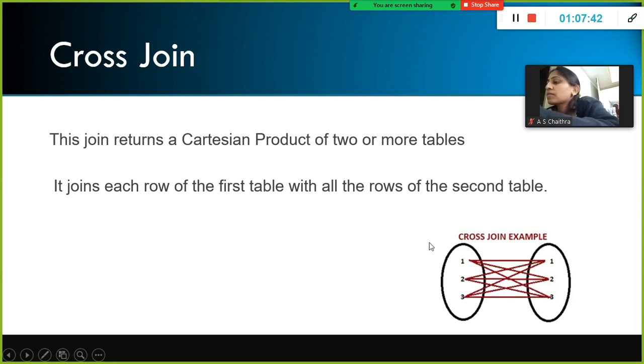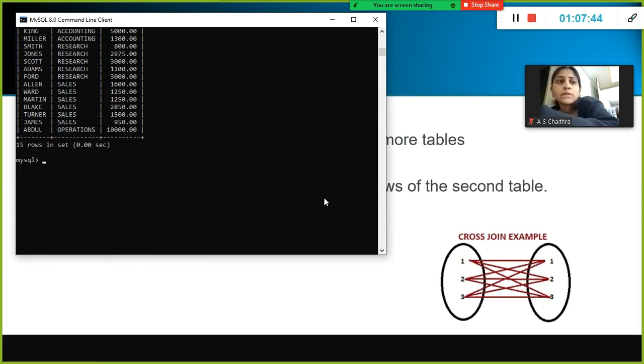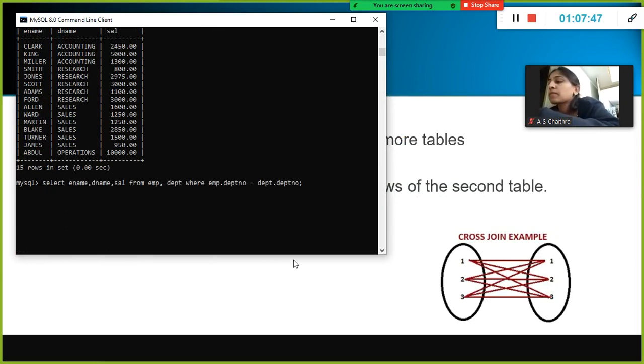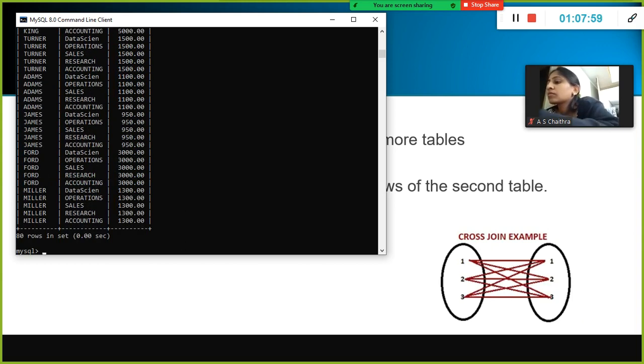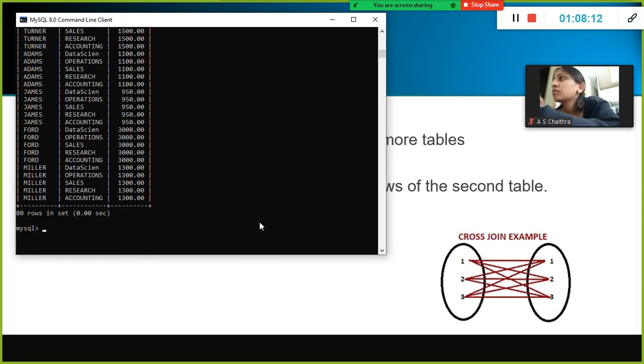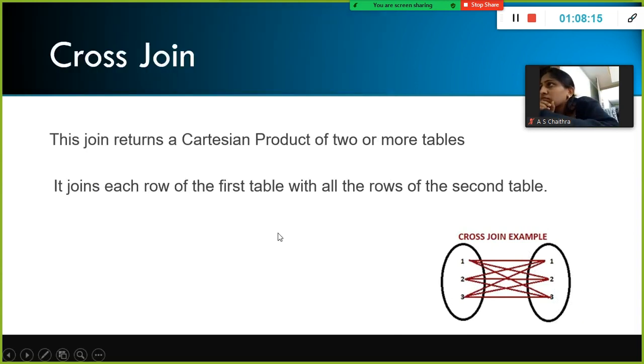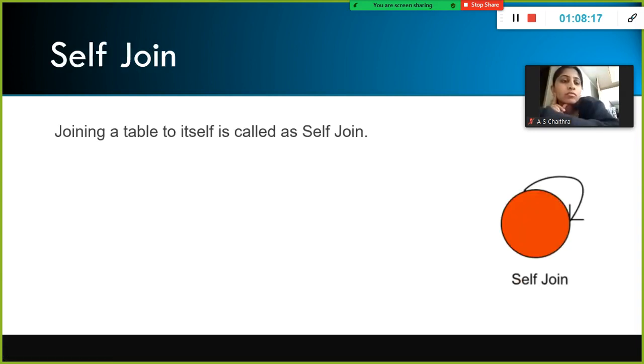If you don't specify a join condition, what will happen? Cartesian product join will happen. For example, here I am going to say employee, department. I am not going to use the where clause to join the common column between these two tables. If I give that, what will happen? This is what is happening. Every row in my first table will get matched with every other row in the second table. Right? That is what Cartesian join. Cross join. It is also called a Cartesian join or cross join.